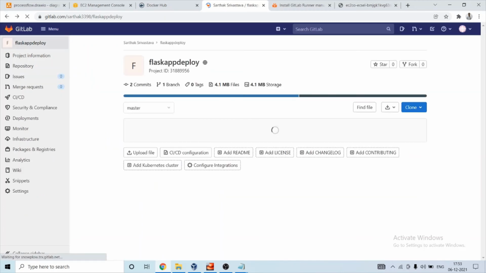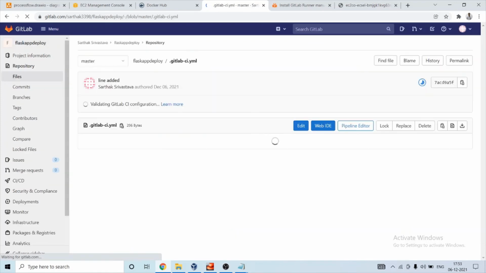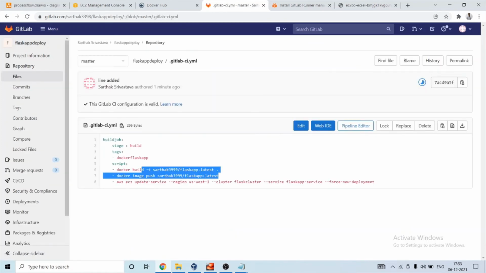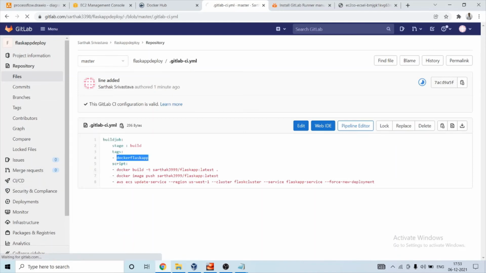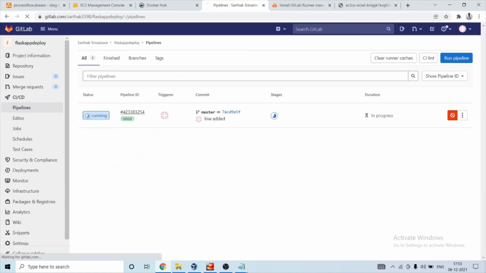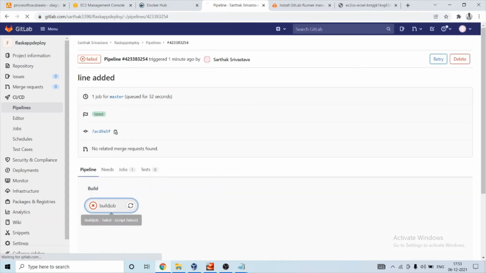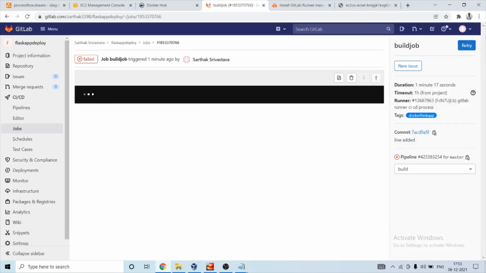Let's check this file, .gitlab-ci.yml. Yeah, service name is also correct. Flask cluster region is correct. Tag is also correct. Now go to CI/CD pipeline. It's still in progress. Oh, the job has failed. Let's check why our job failed.